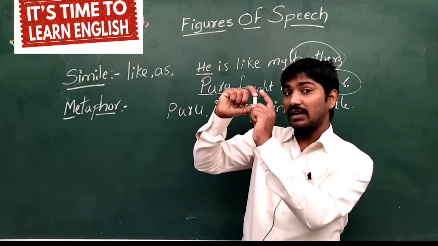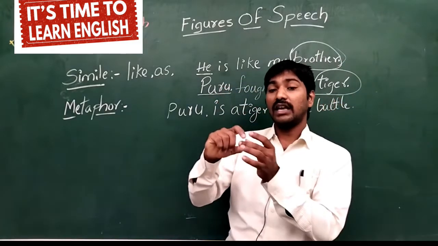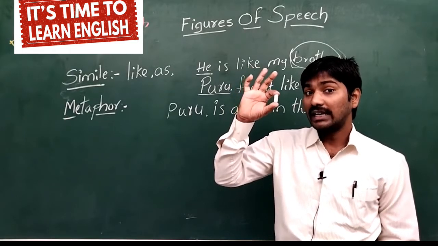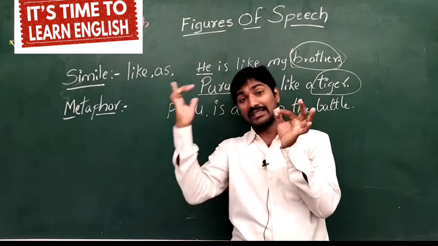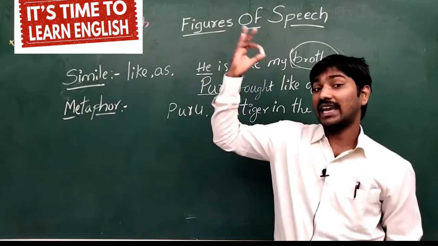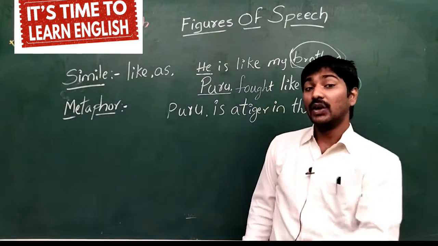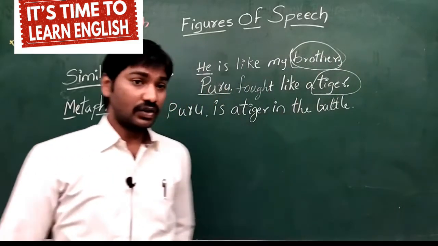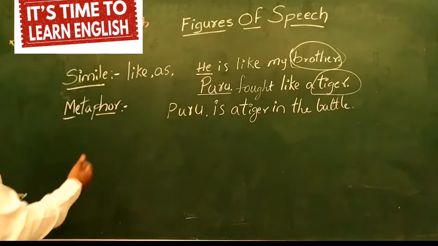I compare this piece of chalk with the shape of a cylinder. But here now I am saying that this piece of chalk is a cylinder. Firstly, I said it is appearing like a cylinder, but here I said it is a cylinder. Means first I compared with cylinder, secondly I said it is a cylinder. So you can come to know what is the difference between simile and a metaphor. So very simple. Simile we will use like or as, and metaphor we will